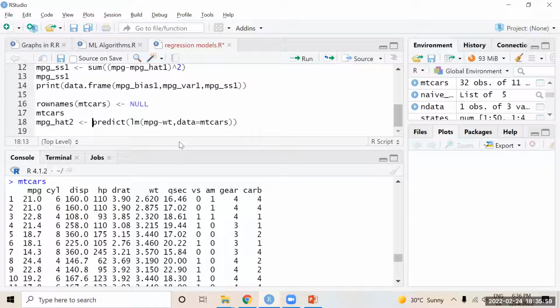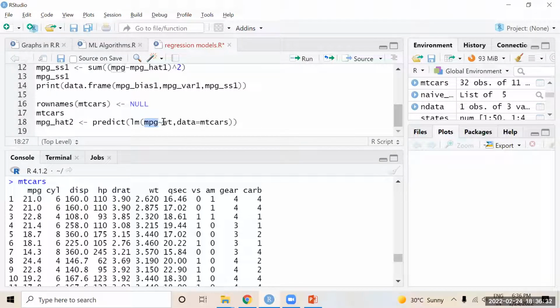Anyway, these two are actually negatively correlated. But I want to know, from the mileage of all the 32 vehicles which are available here, and I want to predict the mileage for the given weight of the vehicle. For example, here a 2.6 tons vehicle has, say 20, will be giving 21 mileage. So I want to predict the mileage.